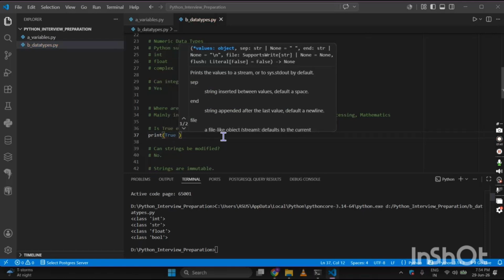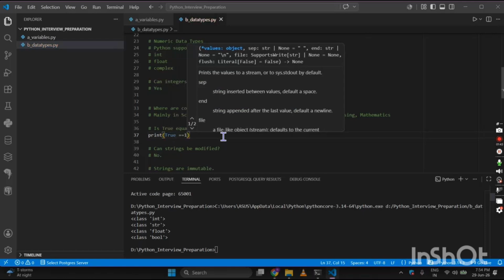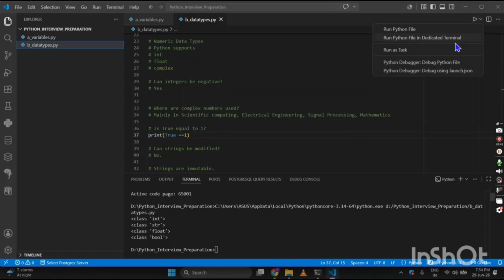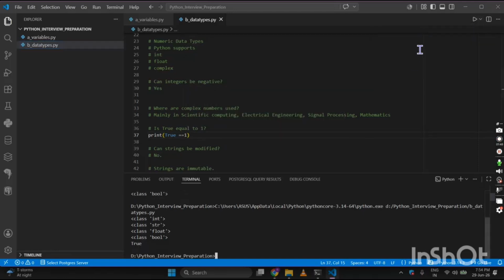True equal to 1. Since I have used an assignment operator over here, I should be getting a Boolean value. So, yes, is true equal to 1? The answer stands as yes. Next one, if we are asked, suppose